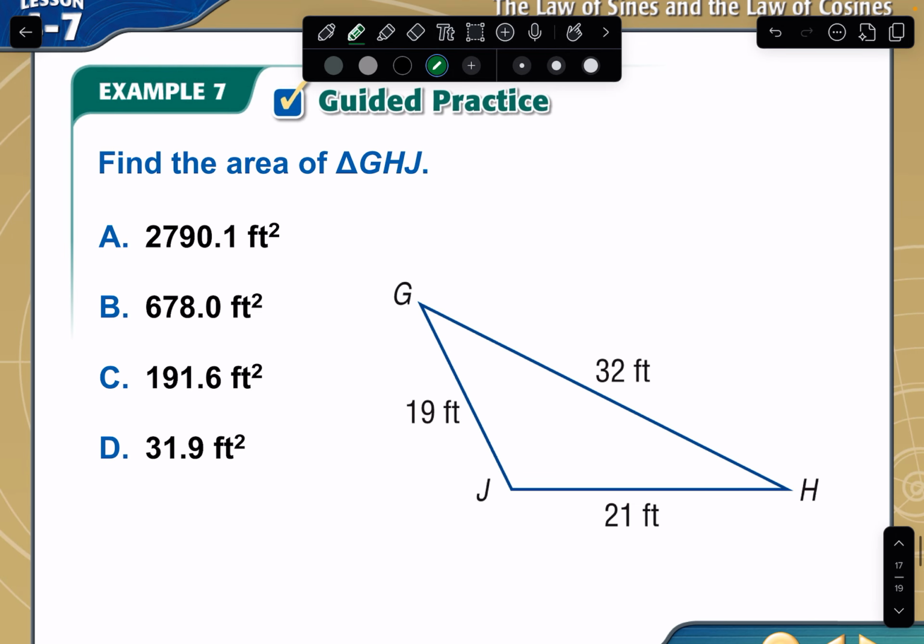Example 7 is another example of that with Heron's Formula. If you want to attempt it on your own, you're more than welcome to. I'm not going to work it out. If you want to work it out, your answer would be C. Then looking at example 8,